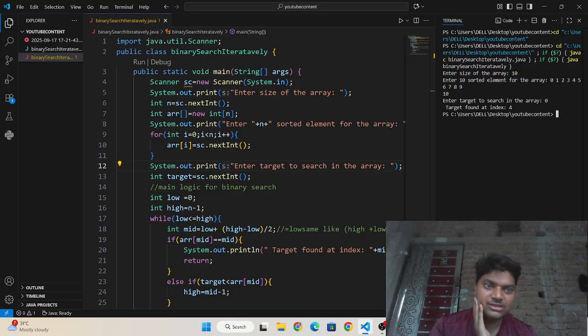It is giving wrong result. It should print target is present at index 0.